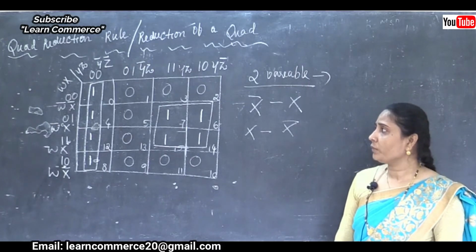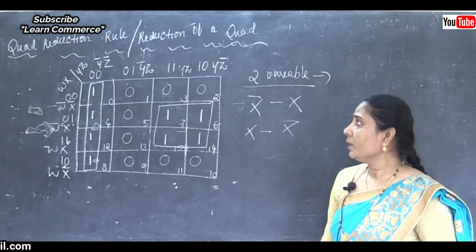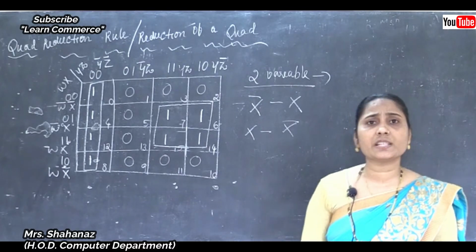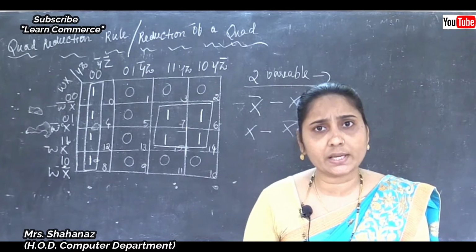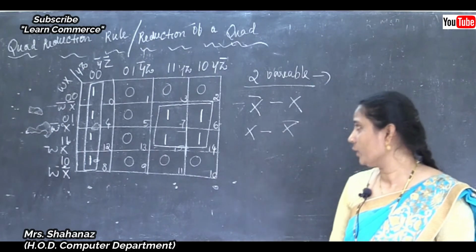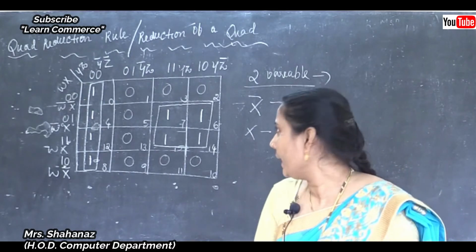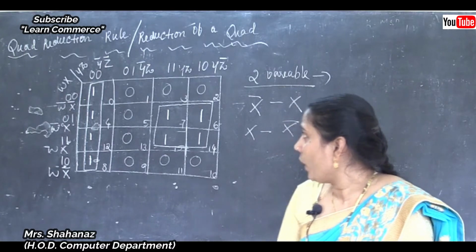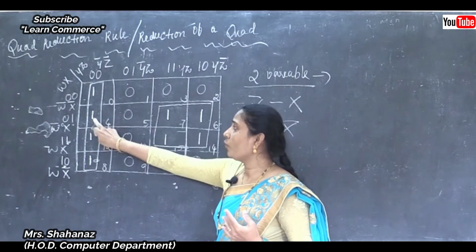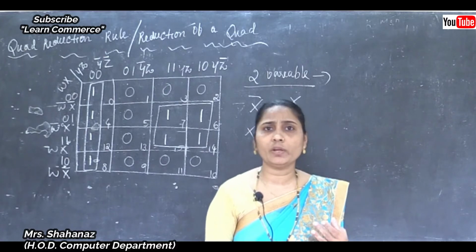Some of the ones I used in this example, before telling you the encircled ones, note the numbering scheme is 0, 1, 3, 2, then 4, 5, 7, 6, then 12, 13, 15, 14, and 8, 9, 11, 10. Now it is a simple example. In place of 0, 4, 12, 8, I am using the value 1. So how many ones are there?